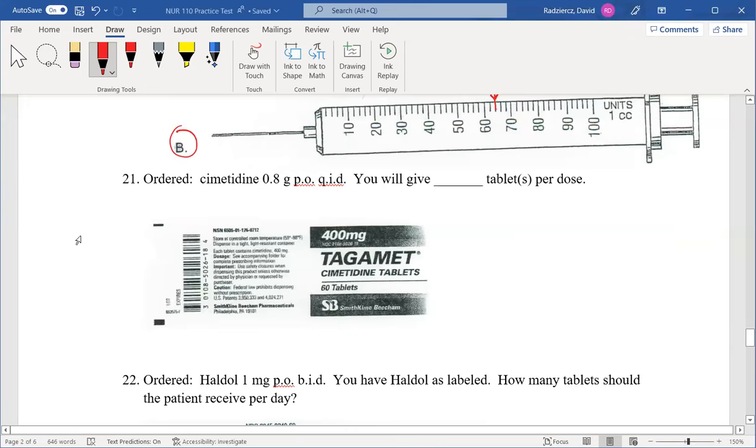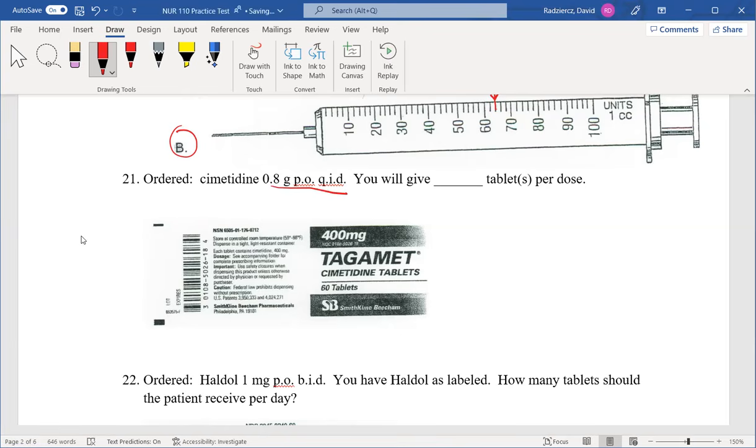All right, this is another question where we have to convert grams to milligrams. The order is cimetidine, 0.8 grams by mouth, QID. How many tablets will you give per dose? And we have available 400 milligram tablets. Remember, tablets are scored, so you could potentially give somebody a half tablet if that's what the order called for. I'm going to convert the 0.8 grams to milligrams. So that's 800 milligrams over 400 milligrams times your tablet